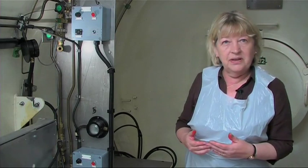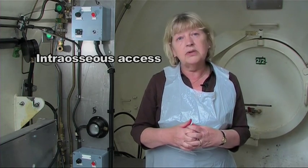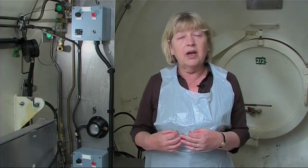Now we're going to consider how we can get access to the circulation if we're not able to get a needle into a vein. This is something that is actually quite common. For example, if someone has lost a lot of blood or is very cold, you find that the veins at the periphery, in the arms and even the ones in the legs, close, and it's very, very difficult to get a needle into them. In these circumstances, if we need urgent access to the circulation, we go for an intraosseous